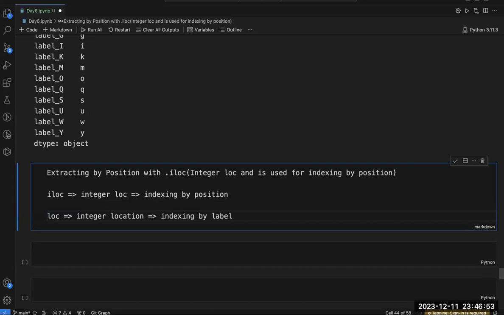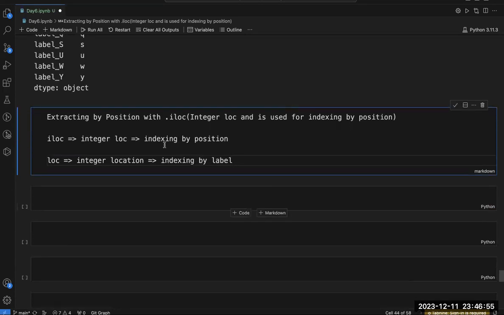So this is the difference between iloc and loc. iloc is integer loc, indexing by position. It will index by your position. And loc is simply location, not integer location. It is indexing by label, and it will index by label.